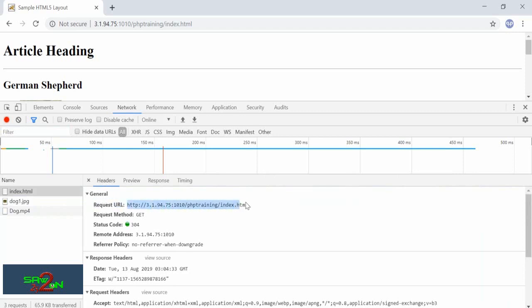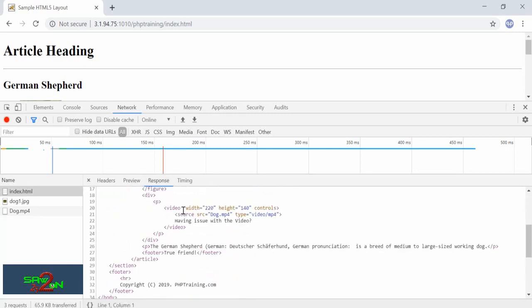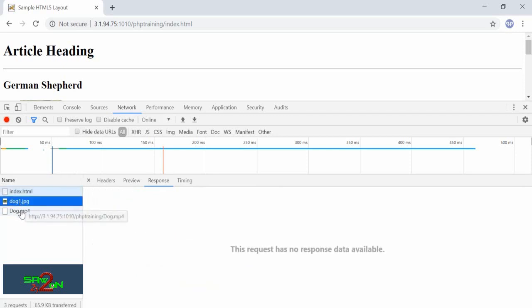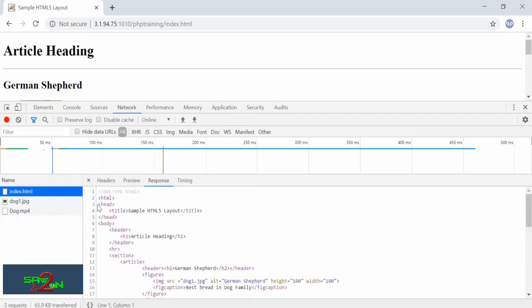You are sending a request to this URL, and the response is nothing but your HTML code, some text files. And you can see the files here. You get the image, you got your video, you got your files, and all of this is fetched from the server.